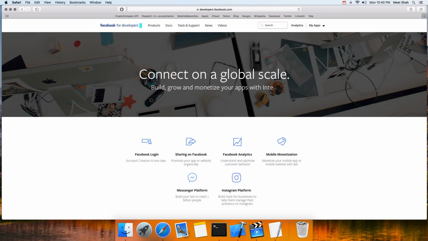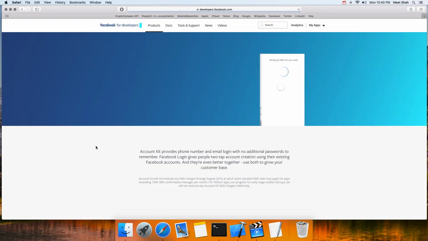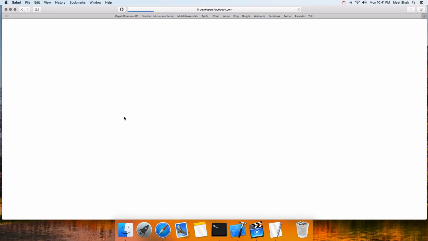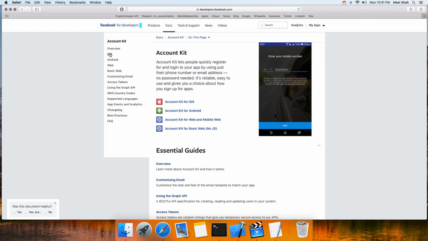we can see how the API will work on our Xcode simulator. So to get started, we are on the Facebook developer page, and I'm going to go to Facebook Login, and I'm going to choose the option for Account Kit. The Facebook Login docs is for native login where you will need the user's Facebook account to authenticate, but that's not what we're going to do today. So I'm going to go with Account Kit. I'm going to choose iOS,